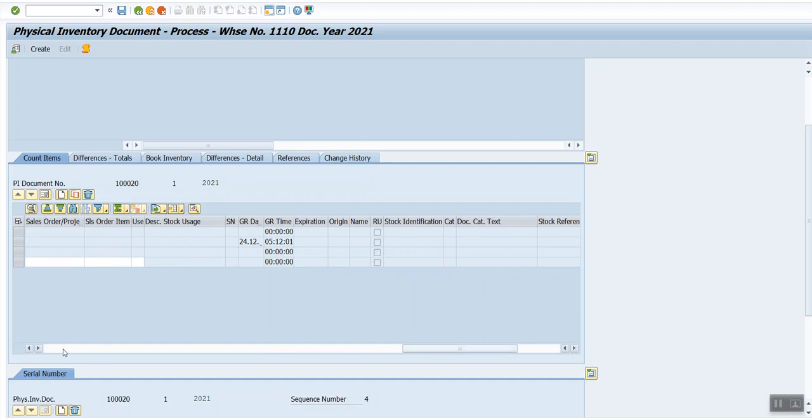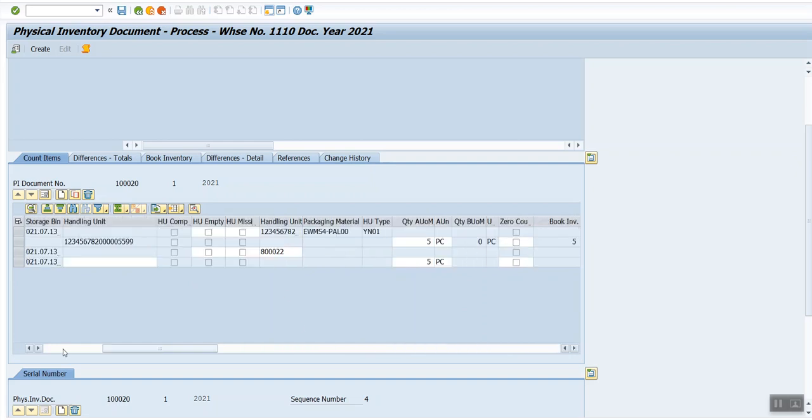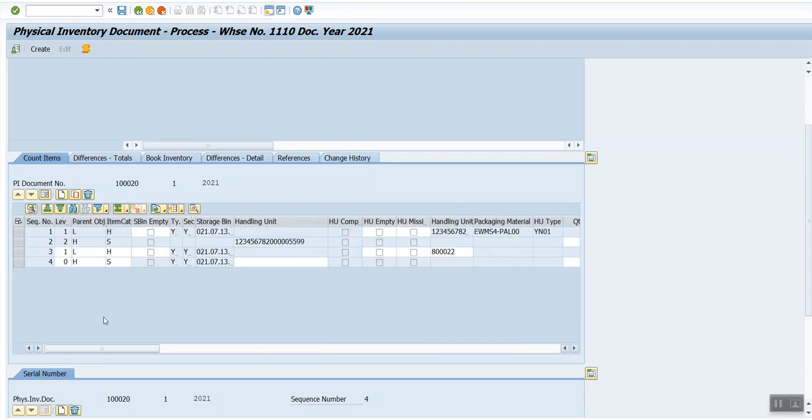This GR rental is not required. I think all the mandatory information we have entered: quantity, material, and here also the same handling unit we will add. Get item level. Okay, here the item level is 1 2, the system has taken automatically. We are done almost.